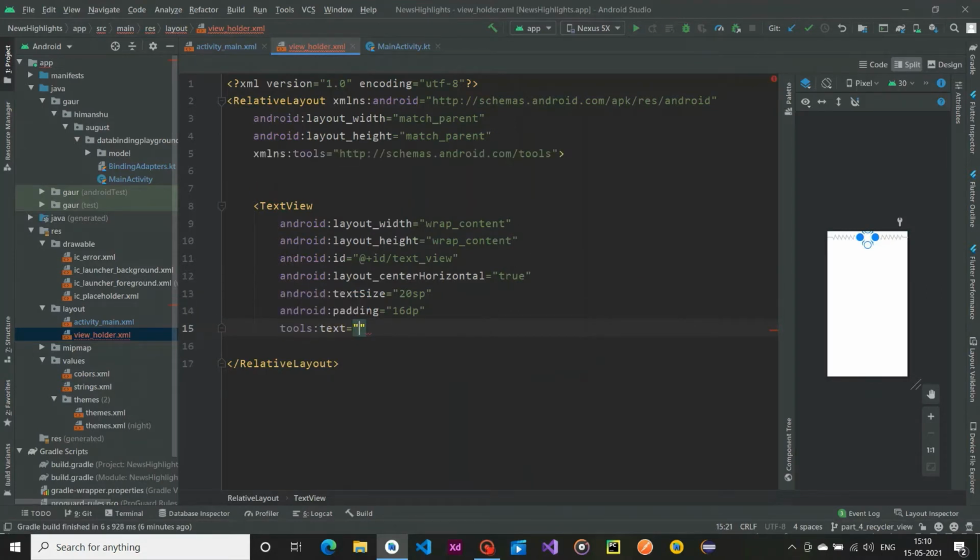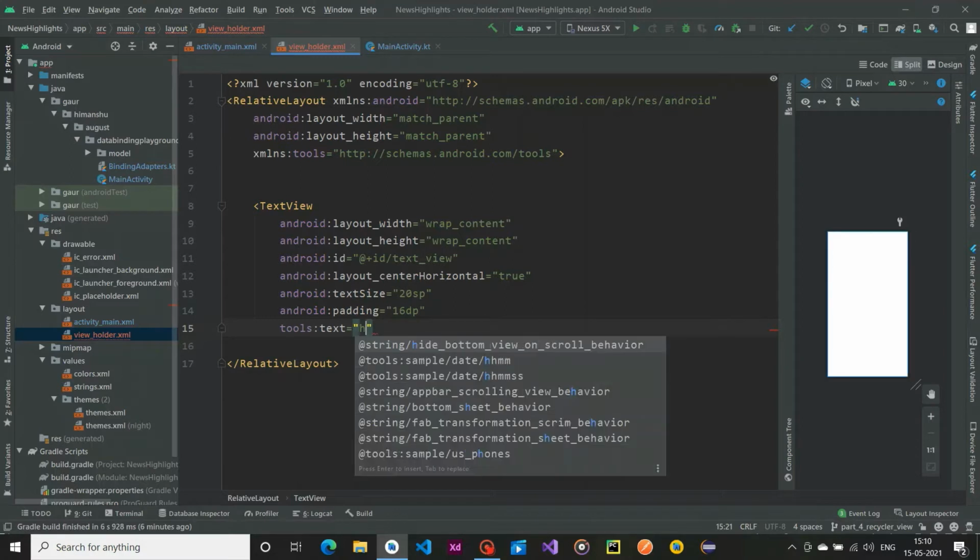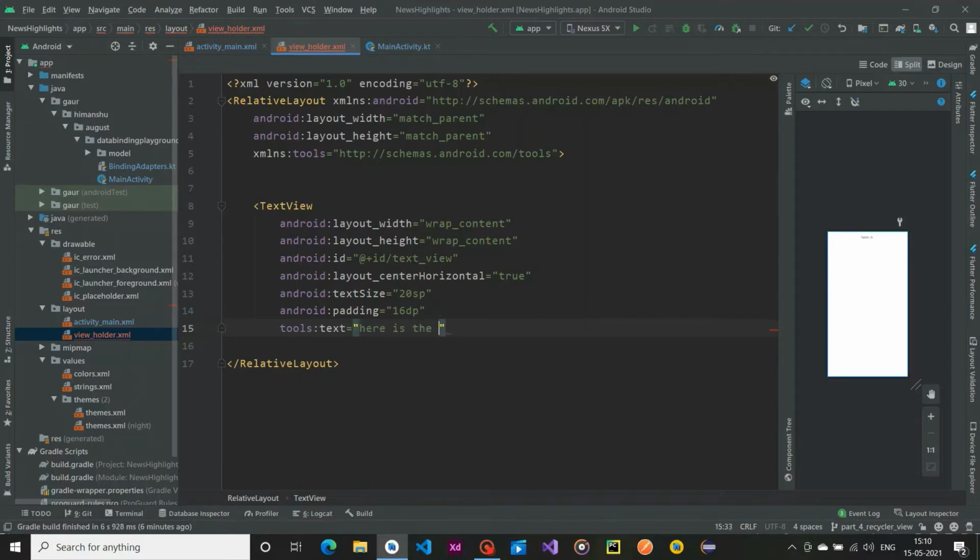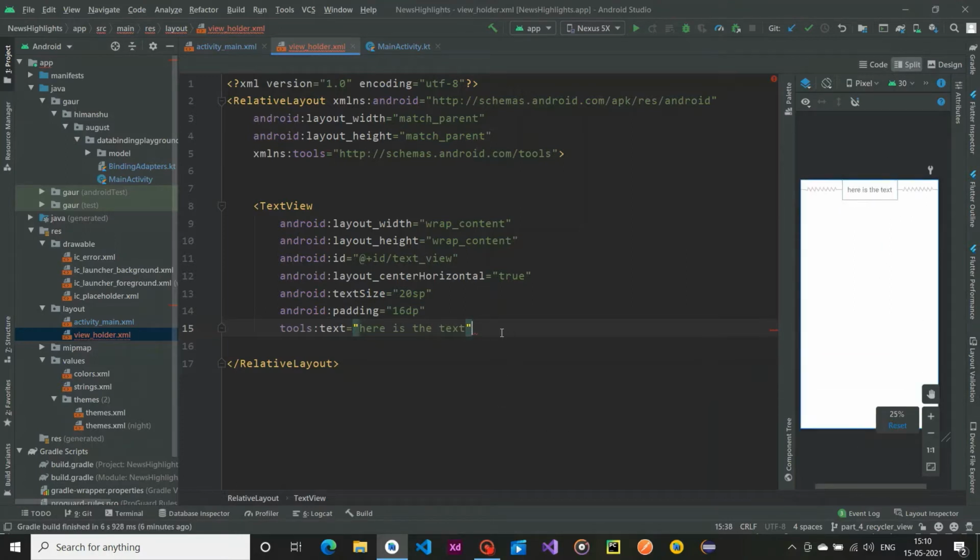So adding the namespace, and then here is the text, and you can see over here this is our text. Let me zoom in. So this is our text. All right, so now